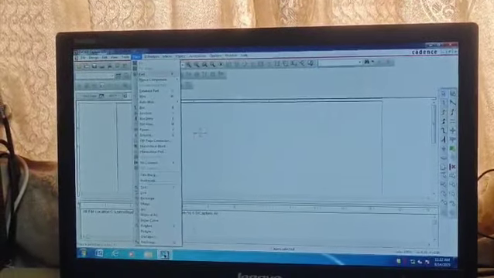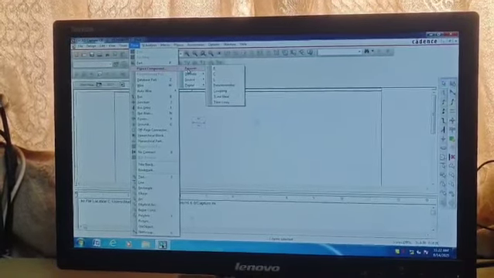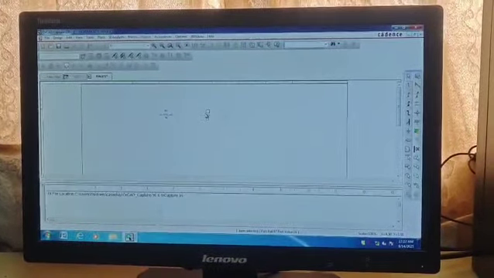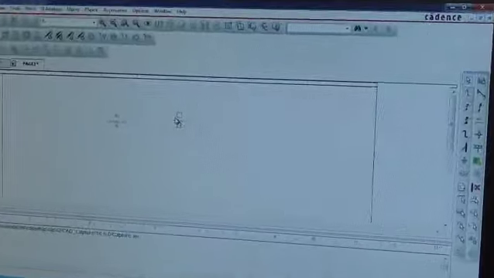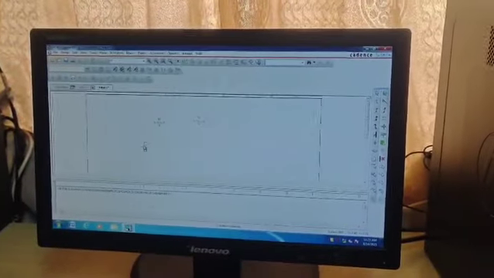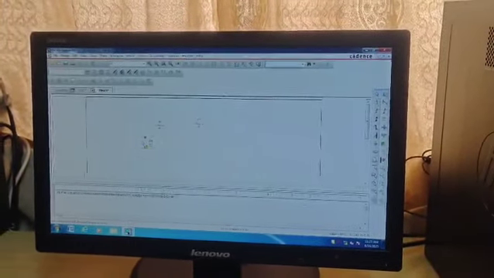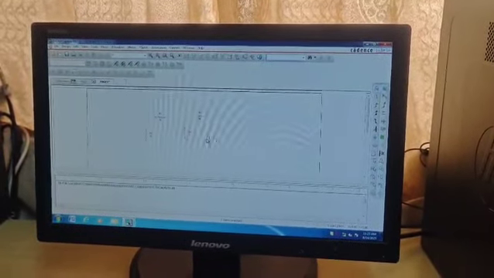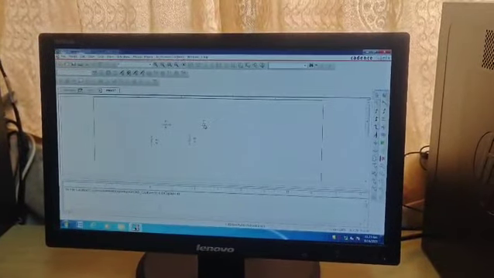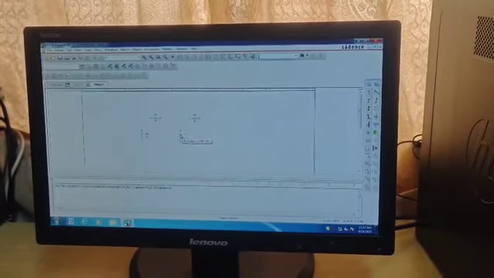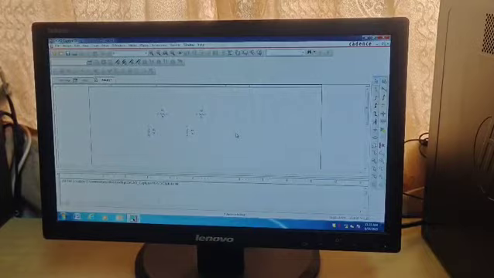If I want another resistor, again I have to go to place, piece-wise component, passive, then do the same thing. You select the resistance and place it like this. So resistor 2, and if you press Ctrl R, it will get rotated, so I can place the other resistances also. Then escape. So I have placed the resistances, and you can select and drag them to change positions. So I have fixed 4 resistances.